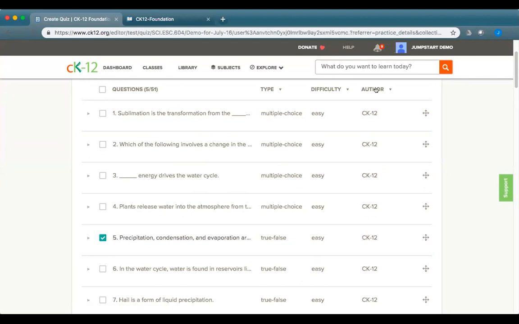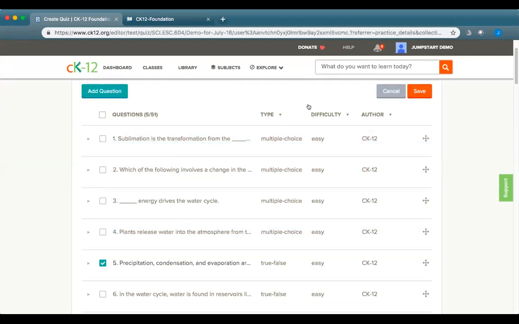Or you could filter by author. In this case, they're all CK-12 because I'm working in a CK-12 account. But if I had put questions in here, I could kind of pull all my questions up there as I worked my way through. Now, I could also reorder these